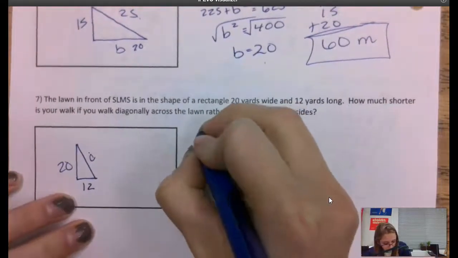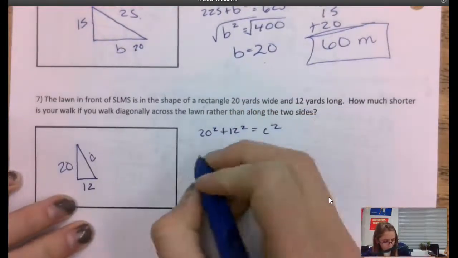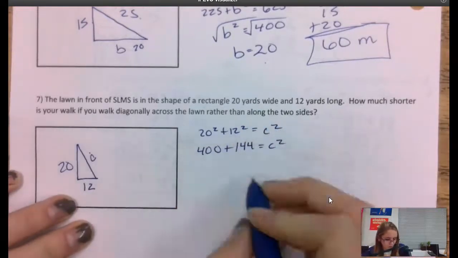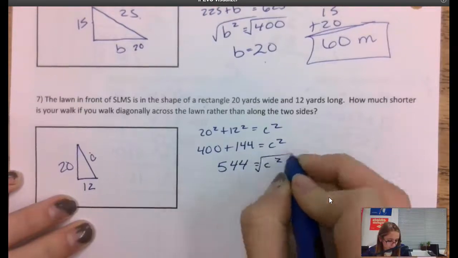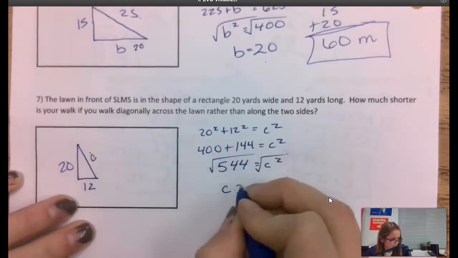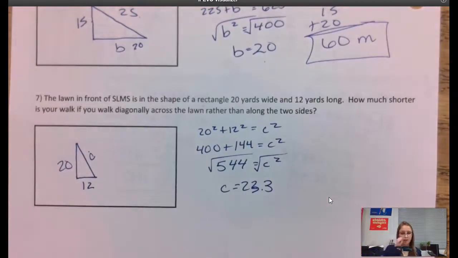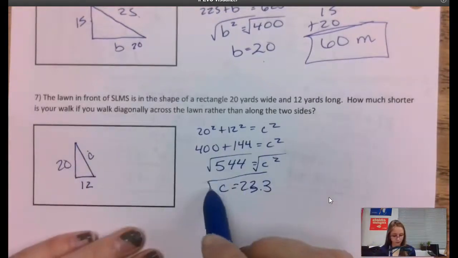So we have 20 squared plus 12 squared equals C squared. 400 plus 144, add those together, 544 equals C squared. C equals 23.3. I'll be honest with you guys, I did not read the second part of this, so if you got that,